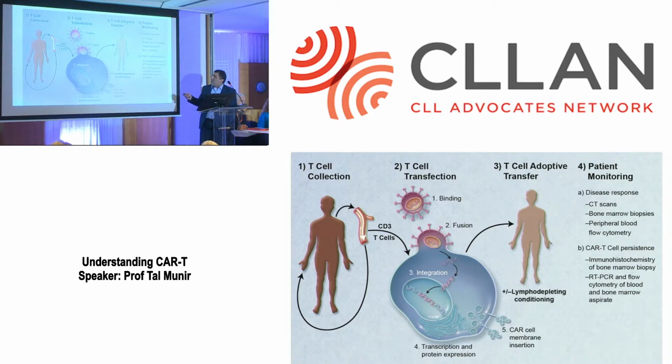And essentially what it does is it puts out this DNA into the T cells, and what it does then over time is express these antigens on the surface of T cells. So if you remember, normally these T lymphocytes won't have this antigen here. This is the CAR T cell, the chimeric stuff, which actually wasn't there beforehand. So the virus transfects that thing onto the surface of the T cells, and then it is given to the